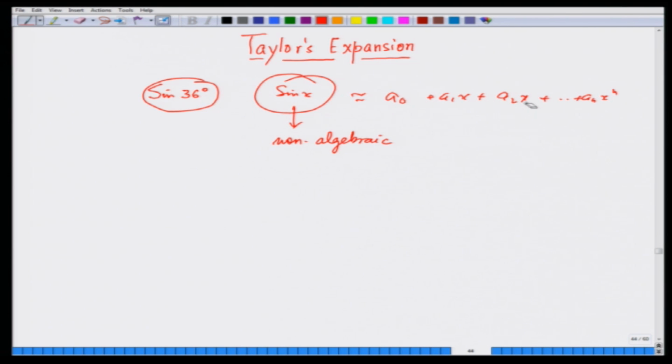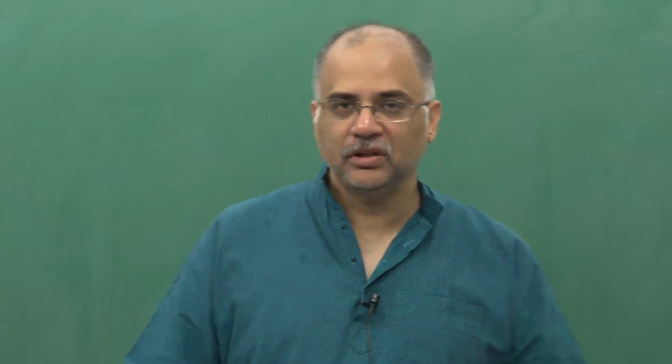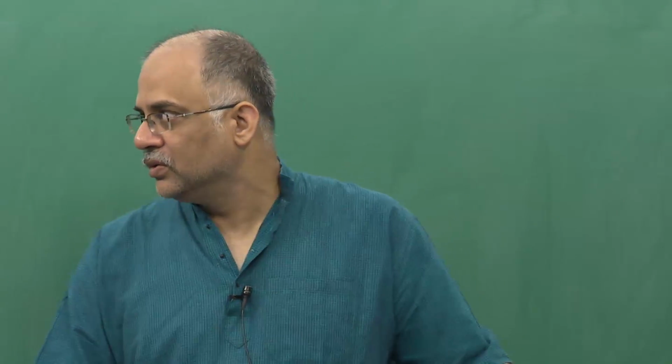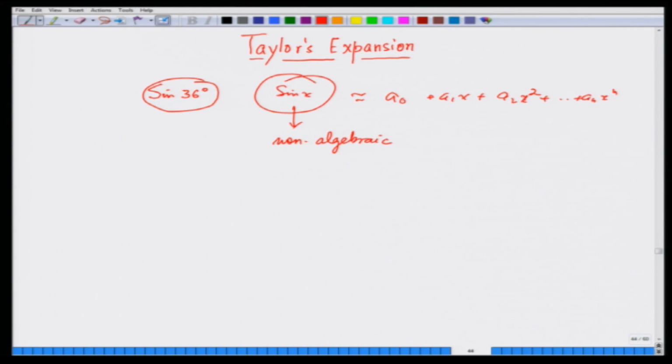So, what it means is that I cannot compute the value of sin x when x is some arbitrary number like sin 36 by doing algebraic manipulations, or using the 4 basic arithmetic operations like addition, multiplication, division and squaring and all those things. So, by approximating I am able to immediately give you an approximate value of sin 36 or sin 20 or whatever. So, today we are going to talk about how Taylor thought about this idea to approximate functions which are